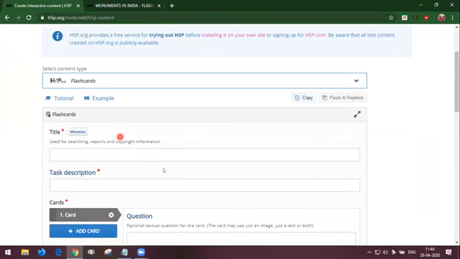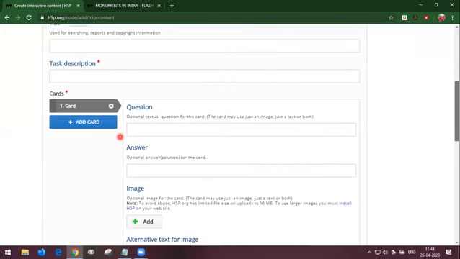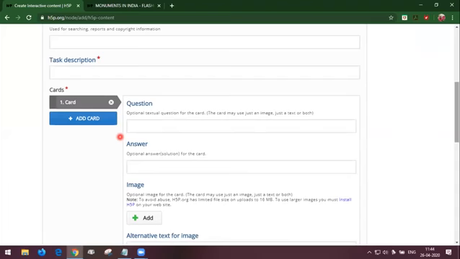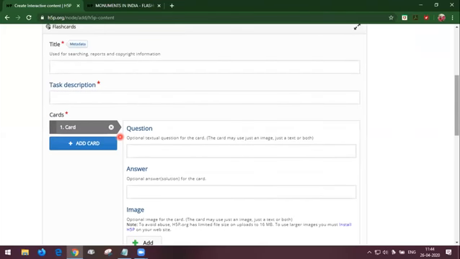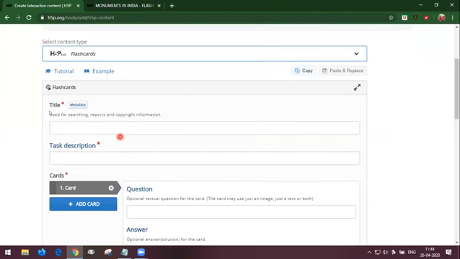Again, I am insisting on the mandatory fields, which are the title and the task description. Here you can see the difference between the find the words tool and here. Each and every tool may differ from each other. As it is a flashcard, we have to show the card to the student. So the mandatory aspects here are title, task description, cards. You can add any number of cards here.